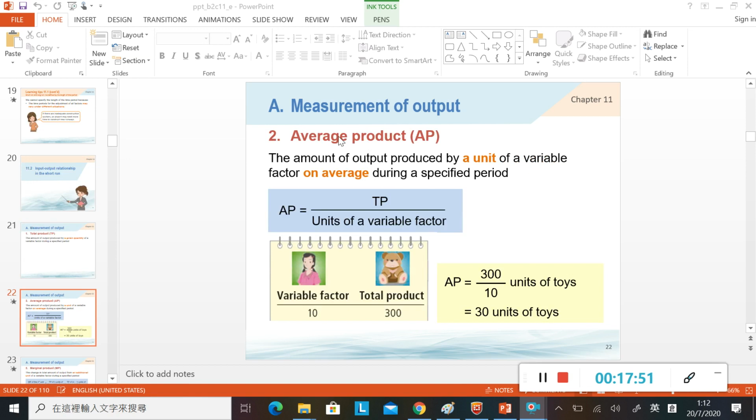好啦，咁咩叫做 average product 啦？average product 呢度就係 the amount of output produced by a unit of variable factors on average, during a specific period。平均每一個 variable factors 佢整到幾多個 output？OK，for example，that we use 10 variable factors to produce 300 units of toys, then that means on average, each factor produces 30 units of toys。用300除10咯，咁你揾到平均，其實每一個 variable factors 佢就整咗30件玩具啦，用呢條式去計嘅啫，應該唔係好難啦，平均數啫。得唔得？